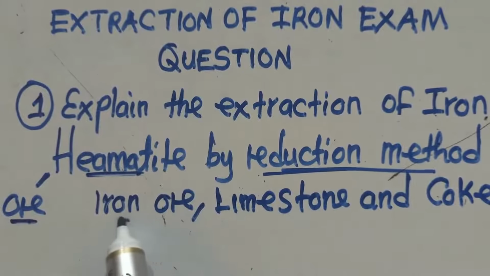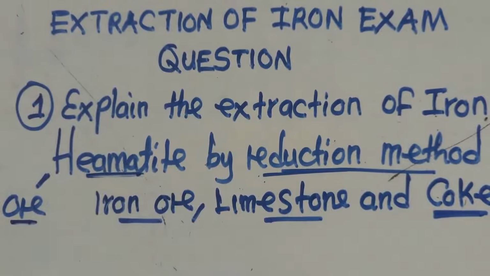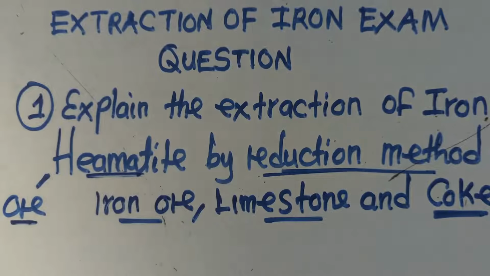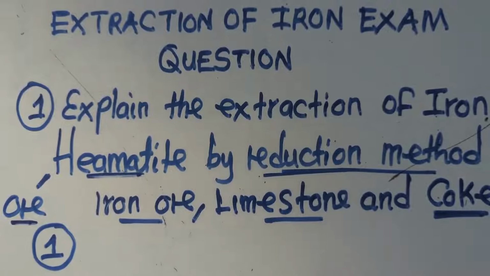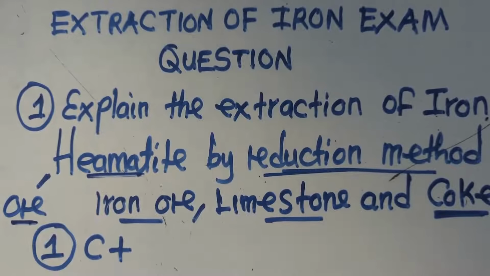These three raw materials are put on top of the blast furnace. When they are put on top of the blast furnace, chemical reactions start taking place. There are just 5 steps that you need to know and understand whenever we are talking about extraction of iron. The first reaction that will happen is that the coke is going to react with the oxygen